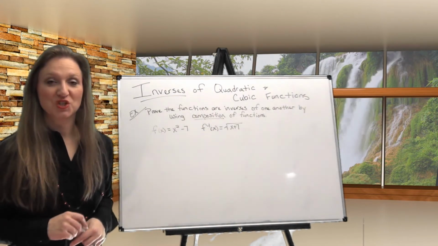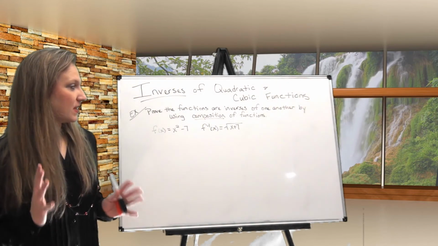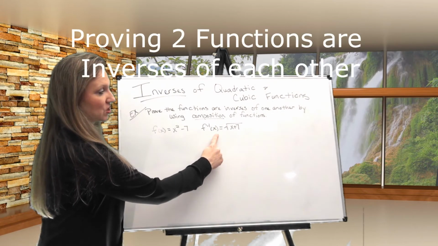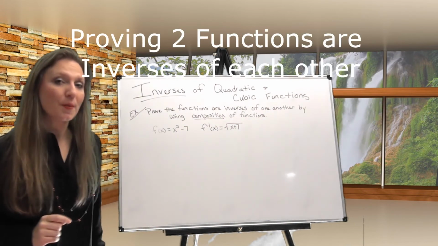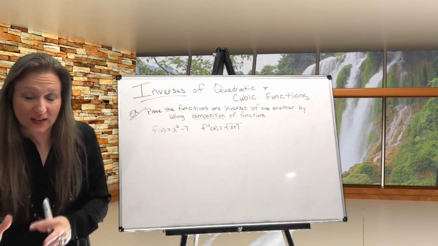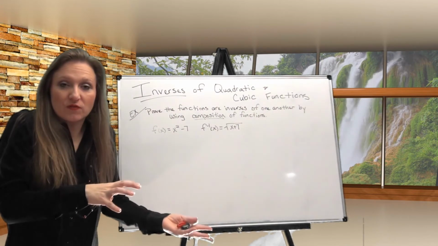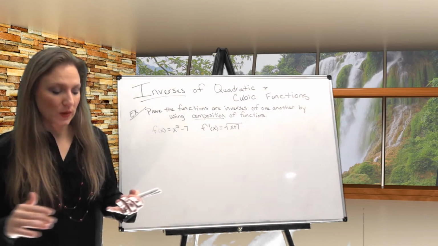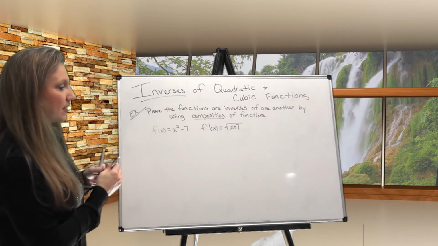There's one last thing I want to show you. Whenever we have inverses, we can prove that two functions are inverses of each other by using what's called composition of functions. That means taking the original function and putting it into the inverse to see if they equal out to just be x. So that's what I'm going to show you now. First thing to prove it